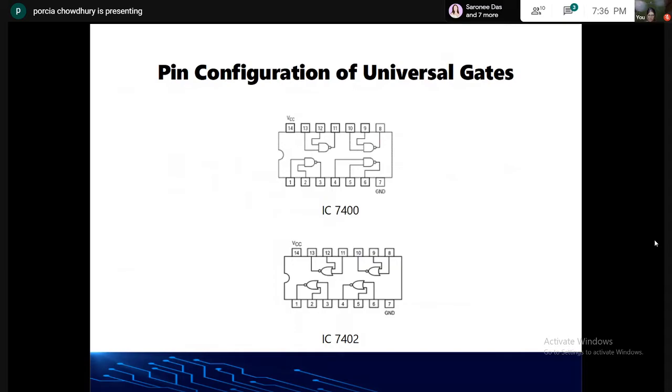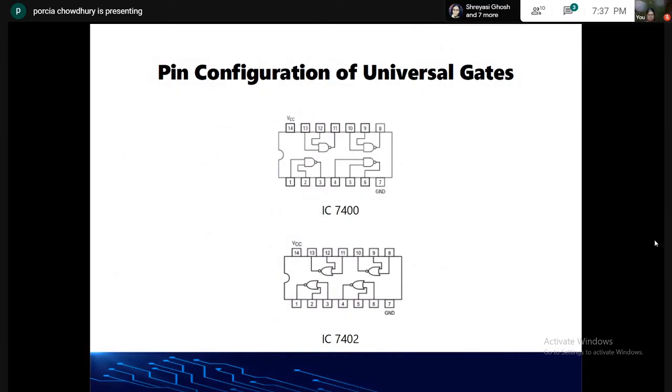Okay. Now for NAND, I don't have anything extra to say. It's the pin configuration. The use of the pin configuration will be the same as the previous AND and OR gate. I will talk about the NOR one. See, in case of the NOR gate, this is the only case where you have first the output, next the inputs. Just see, pin 1 we have used as output, 2 and 3 as input, 4 as output, 5 and 6 as input. Same way, 10 as output, 8, 9 input, and 13 is output, and 11, 12 are input. Okay, so it's just opposite.